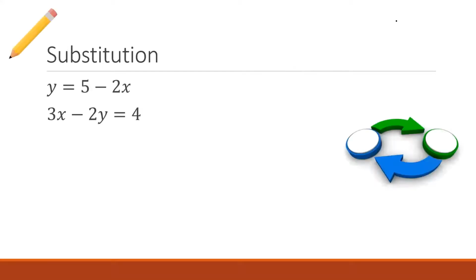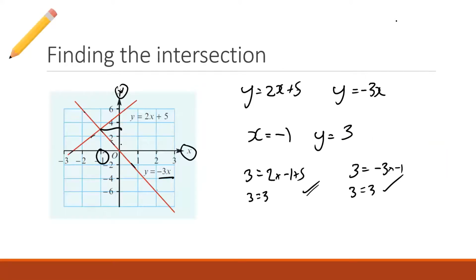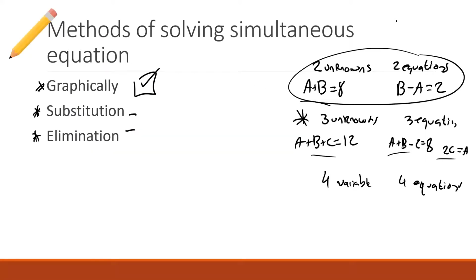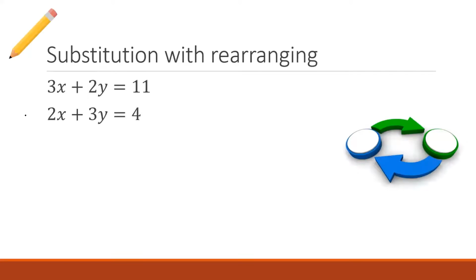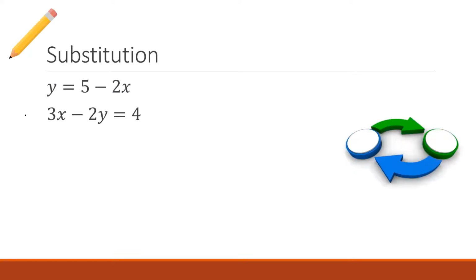It's up to you. We're going to talk about now our second on the list, which is substitution. Substitution is one of the 2 popular methods for solving simultaneous equations. We're going to talk about 3 examples of substitution. 1, 2, 3. Substitution can be challenging for different reasons, but if you don't know what it means, it means swapping in. And that's actually why I've got this picture over here for substitution. You're replacing one thing with another thing.